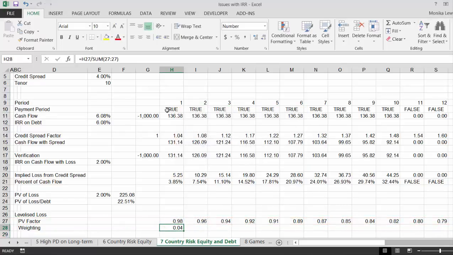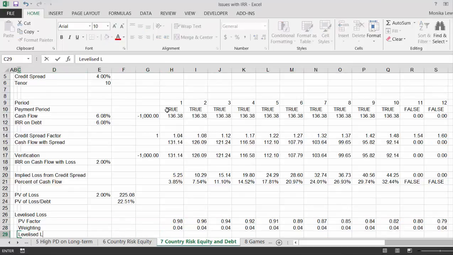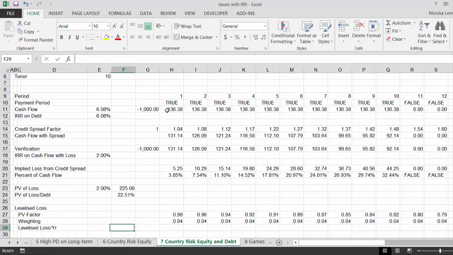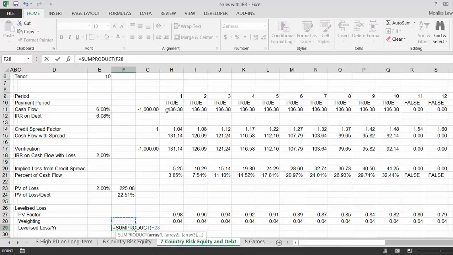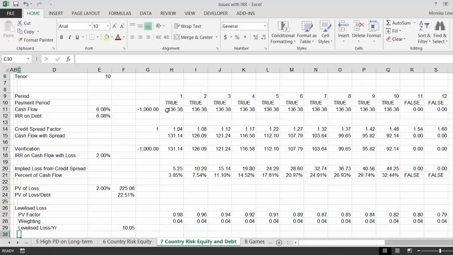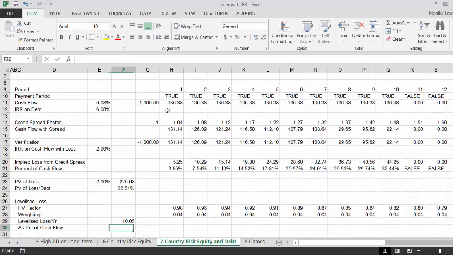Okay, Shift Control 1, Shift Control R, and then the levelized loss per year is some product of this versus the loss, which is 10, and as percent of cash flow. I guess we could take this loss as a percent of the cash flow, and then we have a 7% default probability from